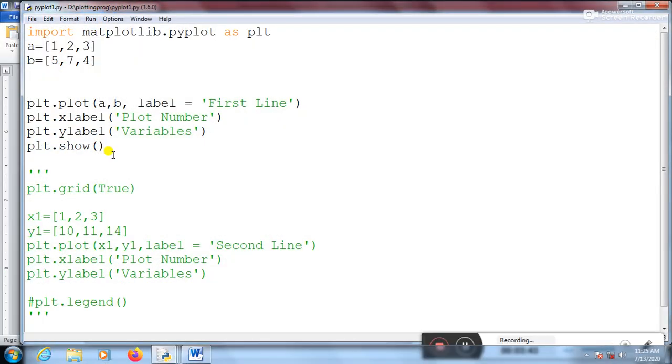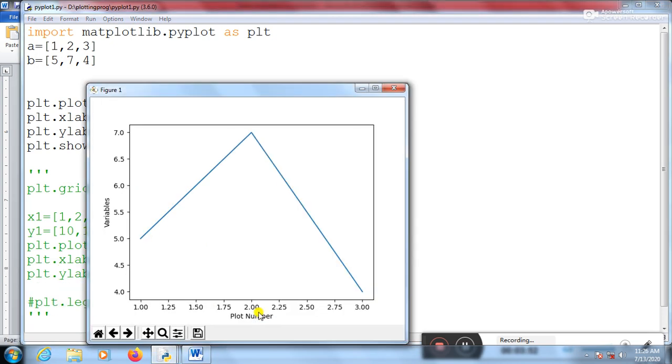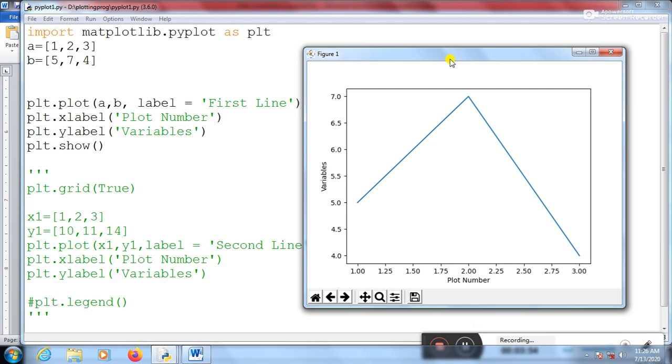For the x-axis data I gave the label plot number, so it is displaying plot number. And for the y-axis the label is variable, so it is displaying variable. But the label equals first line is not displayed anywhere here. This is known as a legend.